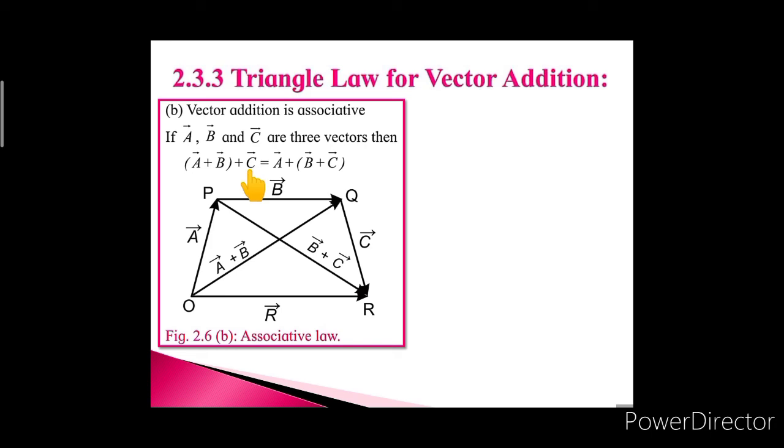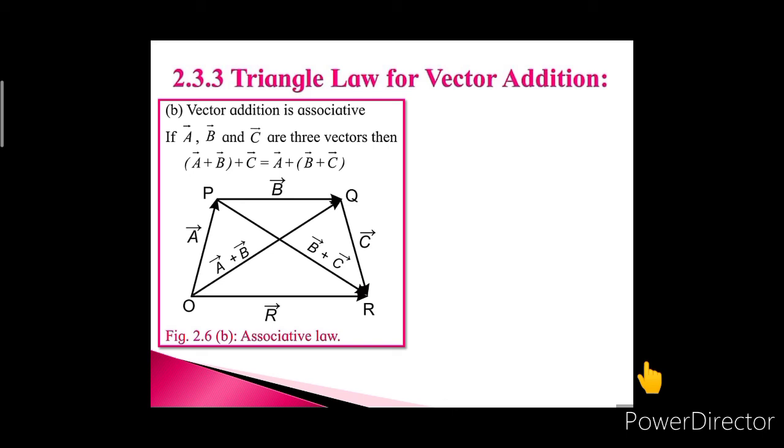So, finally, we are getting the resultant of the addition of these three vectors. The other way of adding these three vectors is to add the second and third vectors together, and the resultant of the addition of the second and third vector is to be added with the first vector, and finally we are getting the resultant of these three vectors. And it is found that if we change the order of addition by means of their group, we are getting the same resultant. That means it follows the associative property of vector addition.